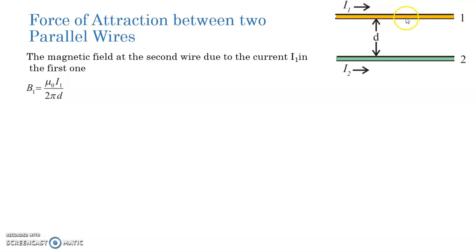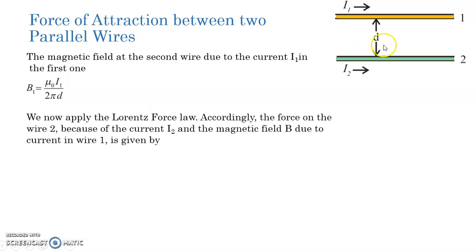The magnetic field produced due to the current I1 flowing through the first wire is given as B1 is equal to mu naught I1 divided by 2 pi d. We have derived this expression in the previous slide. We now apply Lorentz force law to find the force on wire 2 which is carrying current I2, and it is placed in the magnetic field B1 produced by the first wire, and it is given as